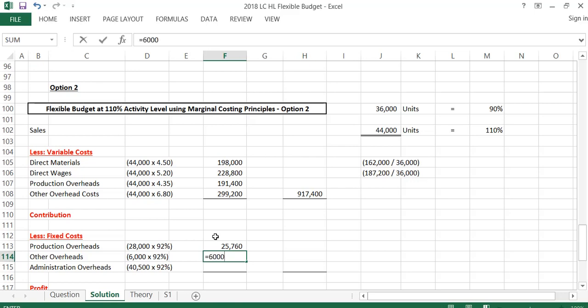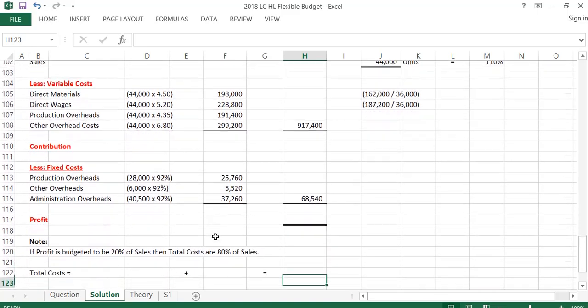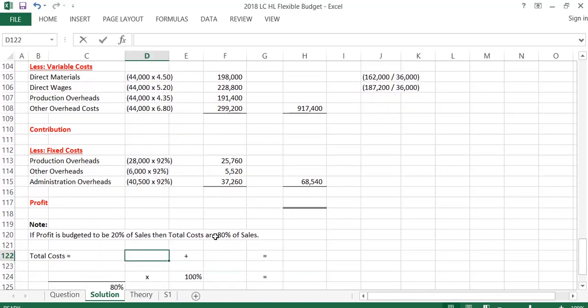Other overheads were originally 6,000. Again, if they're reduced by 8%, they're 92% of what they originally were, which is 5,520. And administration overheads were 40,500, and if they're reduced by 8%, then they're 92% of that, which is 37,260. So that leaves me with total fixed costs of 68,540. So again, my total cost now will be my variable cost of 917,400 plus my fixed cost of 68,540,